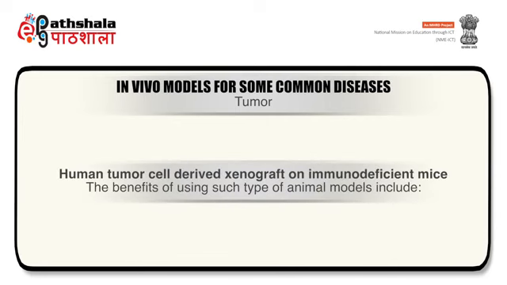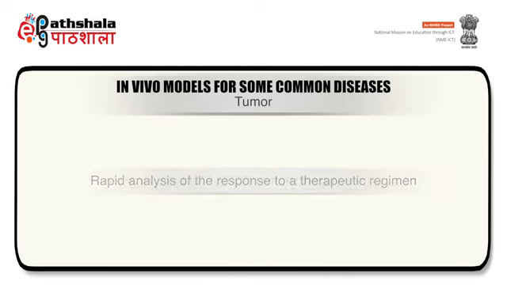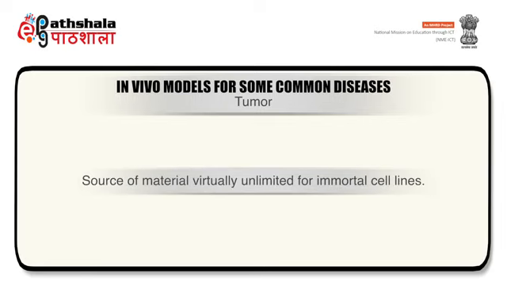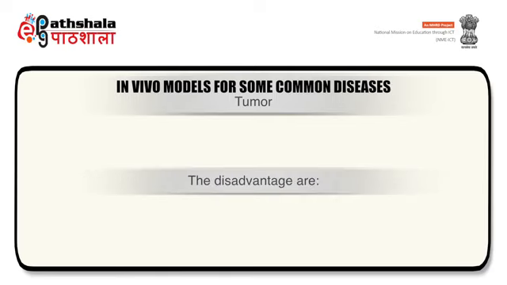The next is the human tumor cell-derived xenograft on the immunodeficient mice. The benefits of using such type of animal models include: first, the rapid analysis of the response to a therapeutic regime, and the second is the source of material virtually unlimited for immortal cell lines. The disadvantages are: first,